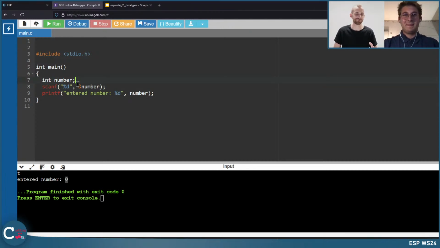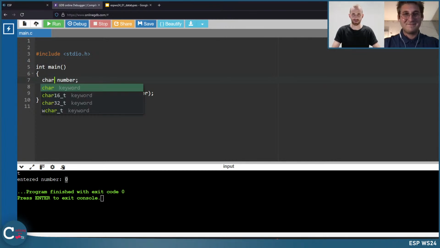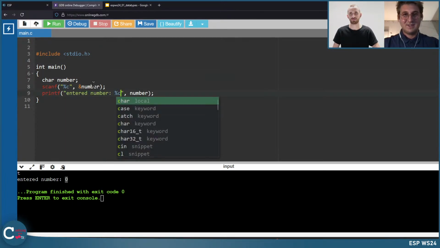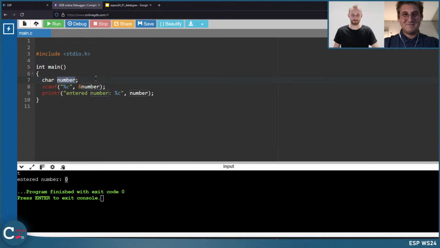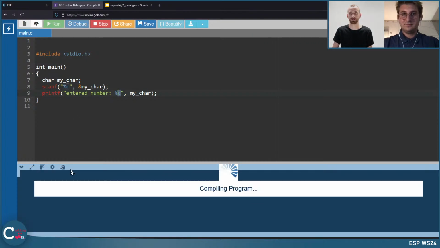Obviously, I want to enter a letter, and it's an integer declared. So we have to define it as character. We have to say it's a c, and maybe we should change it to my char, because it is my character. So I declare a character, then I can enter a character, I read a character, and I output a character.